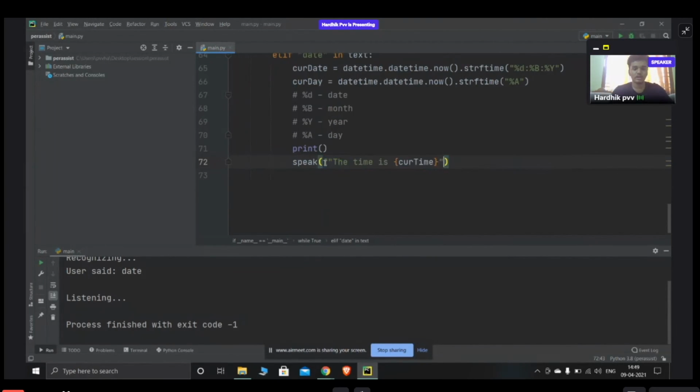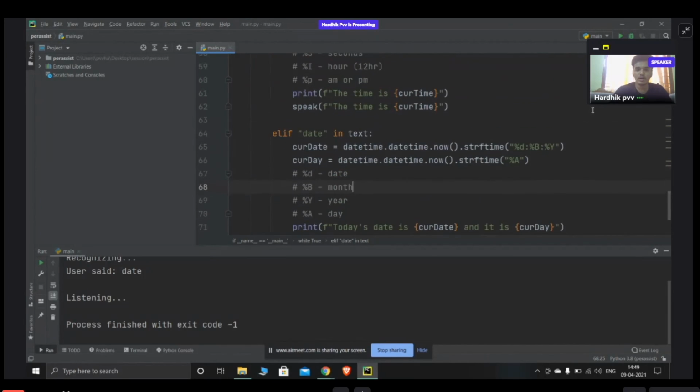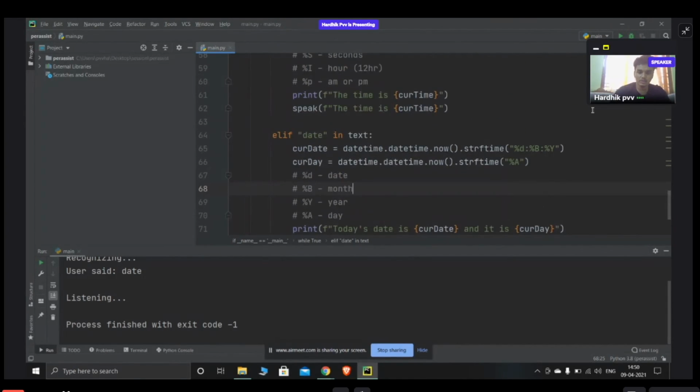So if you run it now, you'll also see in the terminal what it is actually speaking, using the print function. So date, time, and wish me, three functions I see you guys are familiar with now.